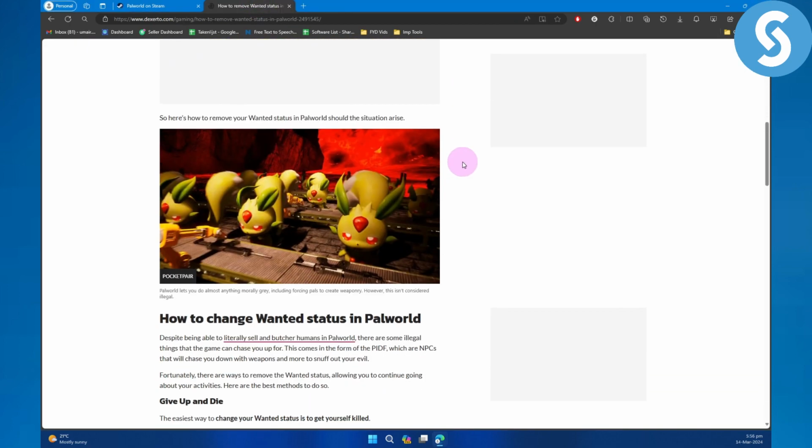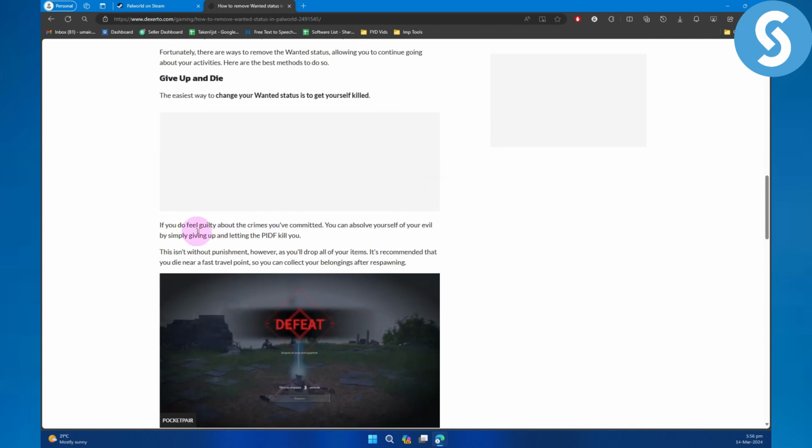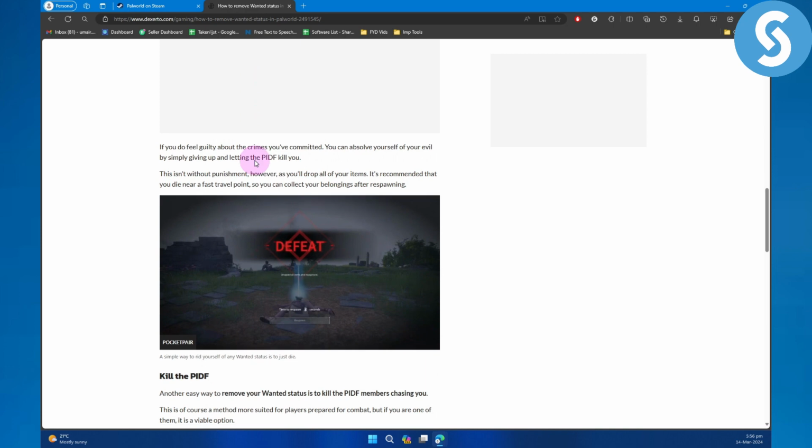So the first one is simply give up and die. As you can see, the easiest way to change your wanted status is to give up and die, get yourself killed. And if you do feel guilty about crimes you've committed, you can absolve yourself of evil by simply giving up and letting PIDF kill you. I know this is quite cheesy, but